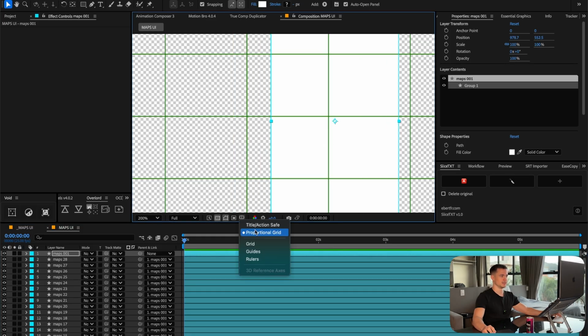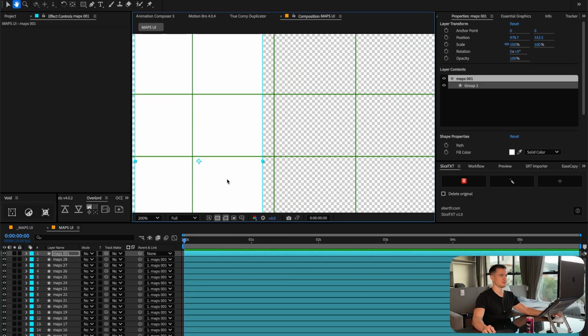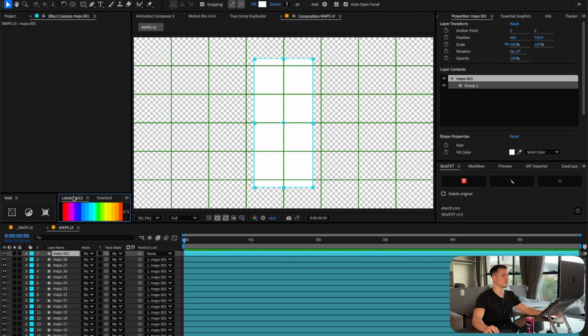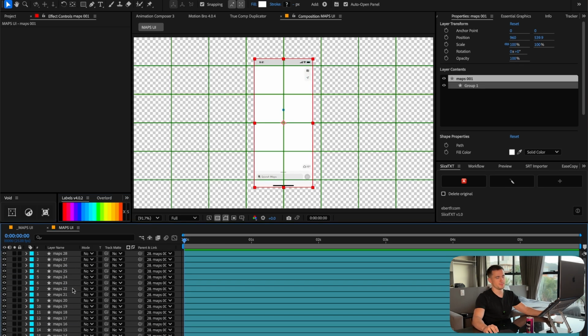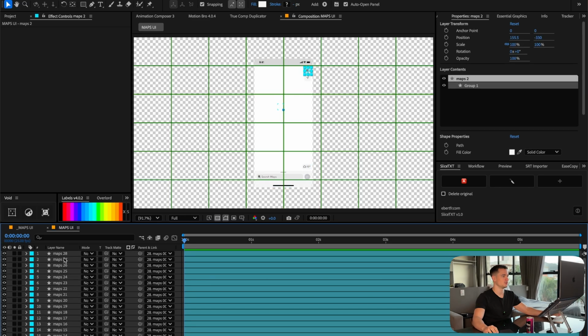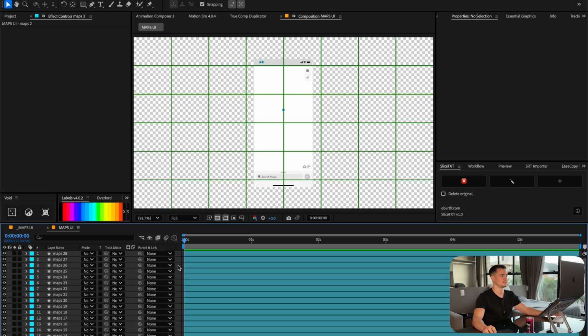Then we can enable the proportional grid like this, and then put it into the middle like this. It's perfectly centered now. Now this is the labels, this is also from aescripts.com. Just gonna color it red, because I always like to make my matte layers completely red. Now the next step, what I want to do, we can remove the parent, is choose the song for this